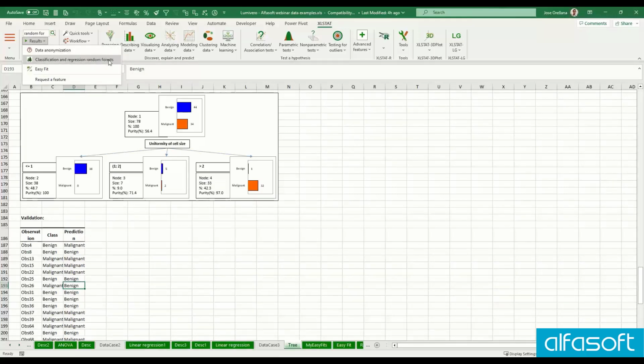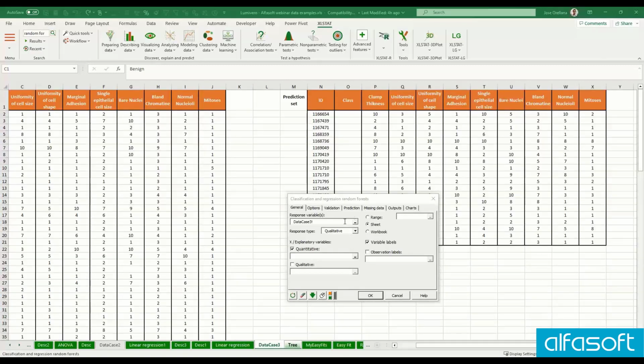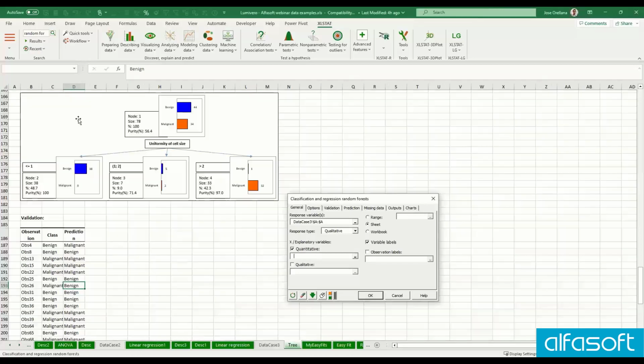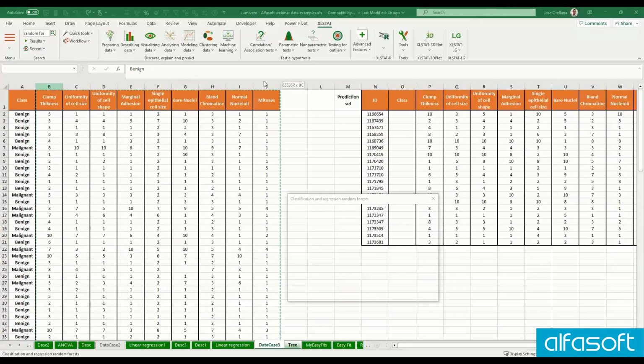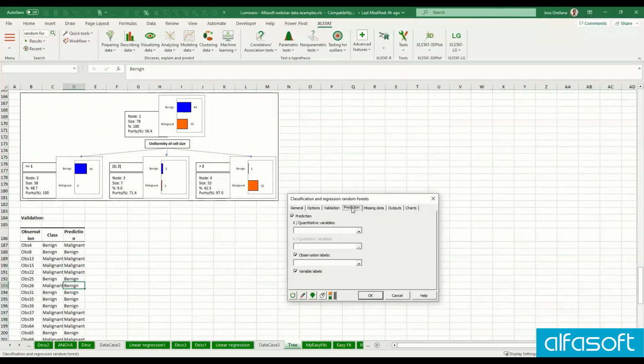Okay, random forest. Now we use this example here. This tree is a single tree. A random forest is just a collection of them. We'll do a large number of them and then average the output. So again, we can say, okay, data case 3. The response is that, and the explanatory are these. And I can go to variable levels. I can do a validation of 20 again. And I want to predict using these